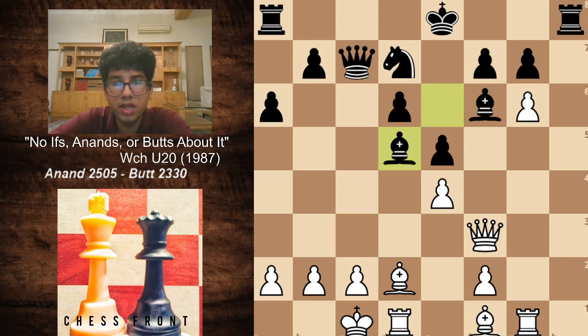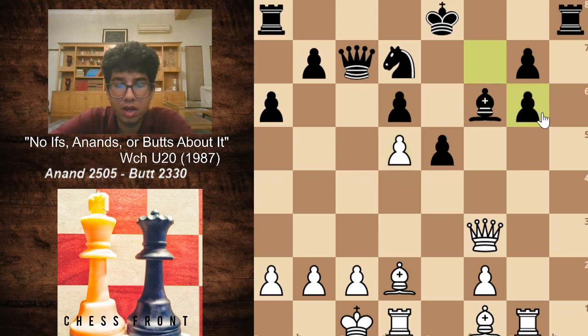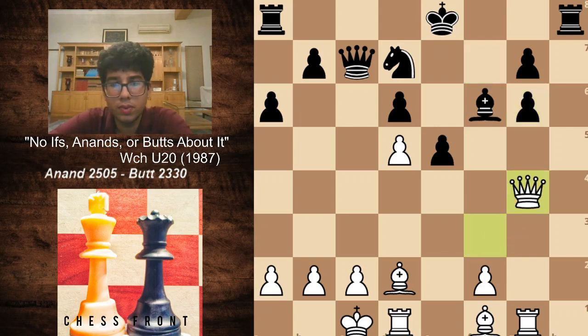Bishop captures d5, e captures d5, and f captures g6, obviously not allowing to take with check and putting the king in the center because that would be disastrous for black. So we have queen g4, preparing to pick up the pawn as well as pinning the knight if long castles ever take place.